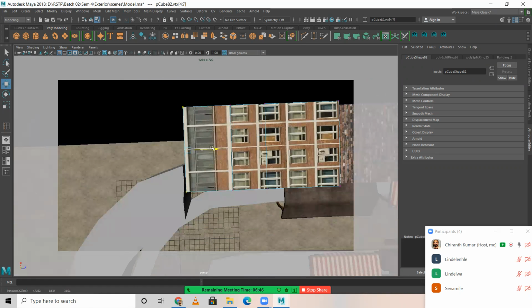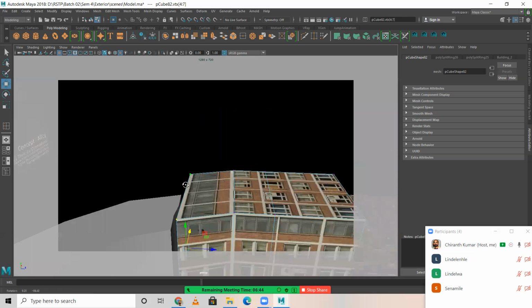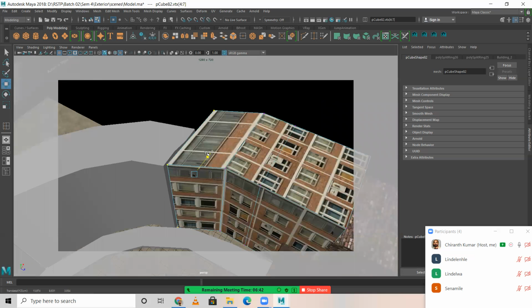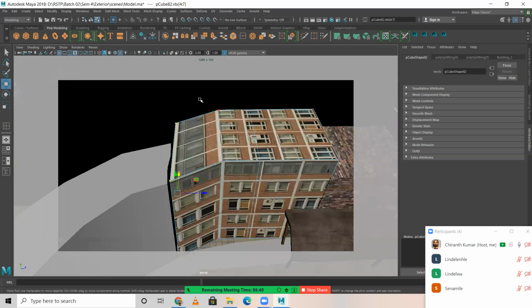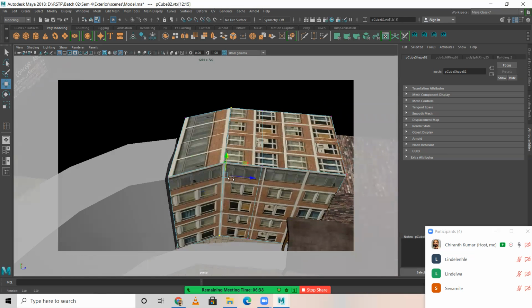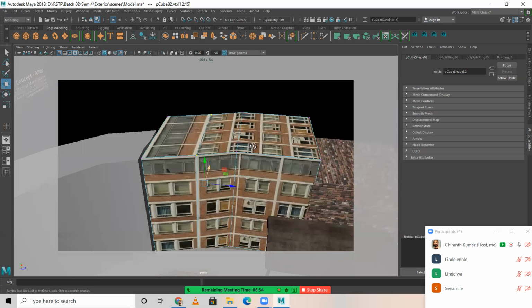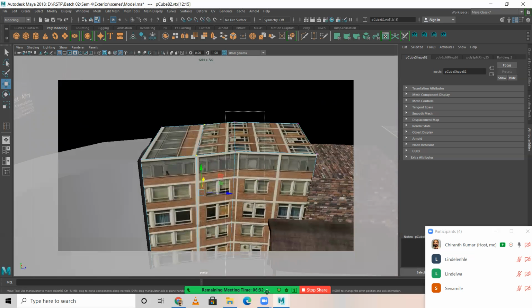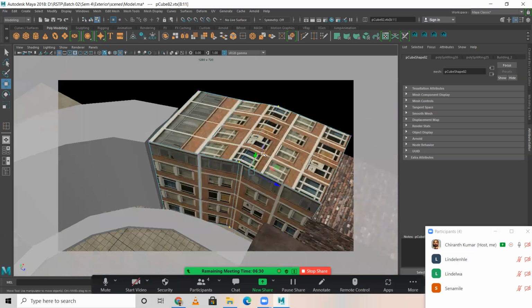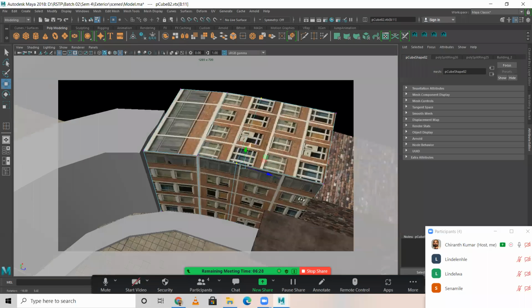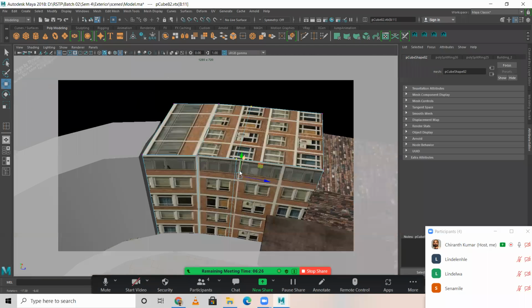I'll just place this here like this, like this. I'm selecting all this vertex here. I'm just moving it like this. I'm selecting all the vertex here. I'm moving this like this. I think this is okay.